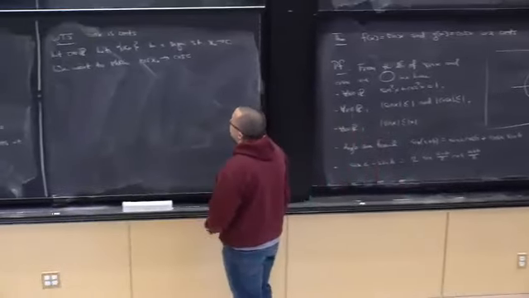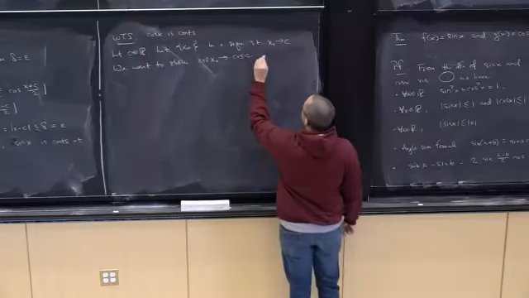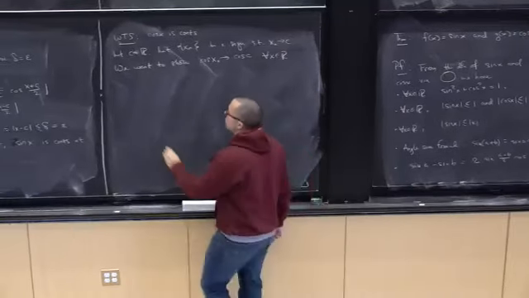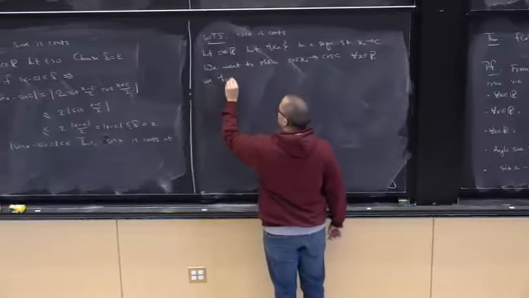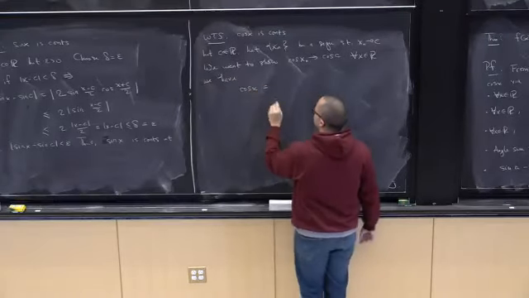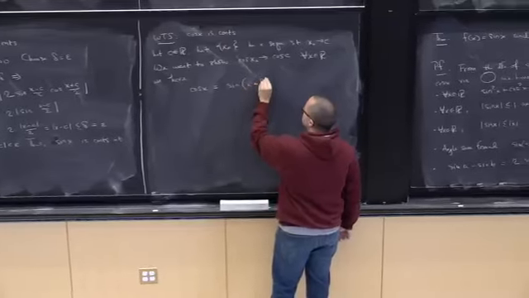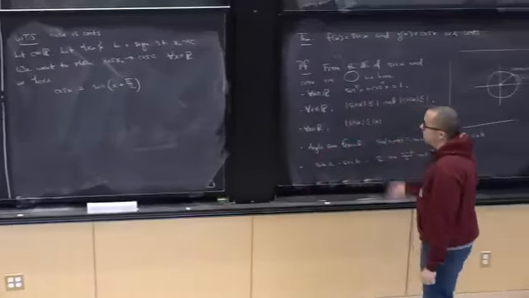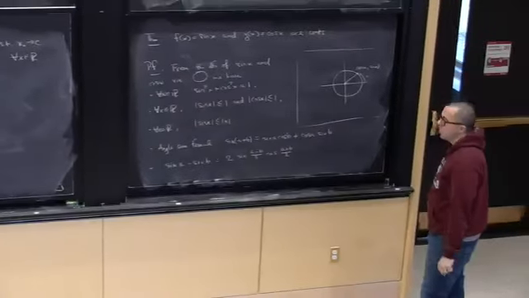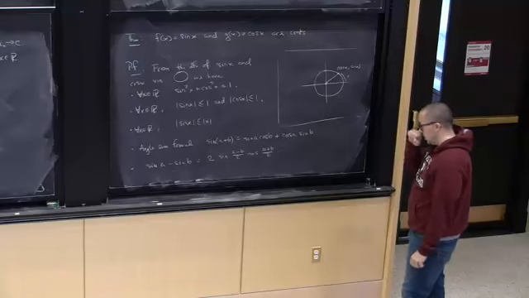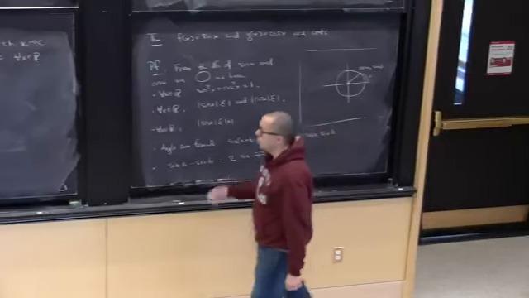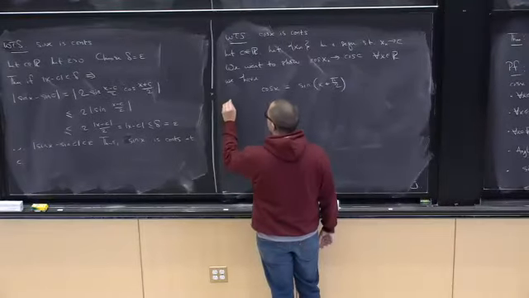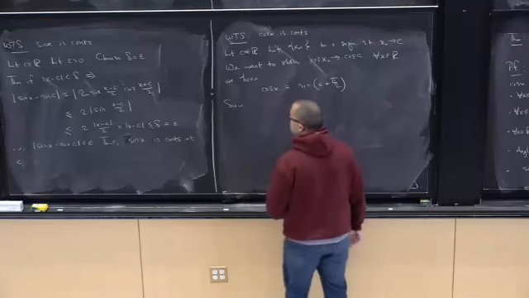Okay. Now here's the thing. For all x in R, we have cosine of x is equal to sine of x plus pi over 2, right? We can deduce that simply from this angle sum formula. Take a equals x, b equals pi over 2, and using that cosine of pi over 2 is 0. All right, and this is what we'll use, and the fact that we know sine is continuous.